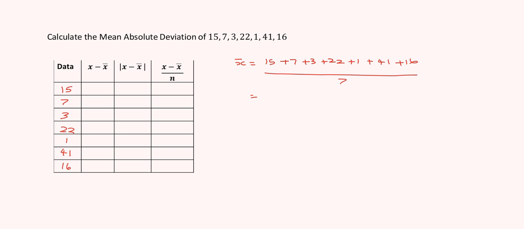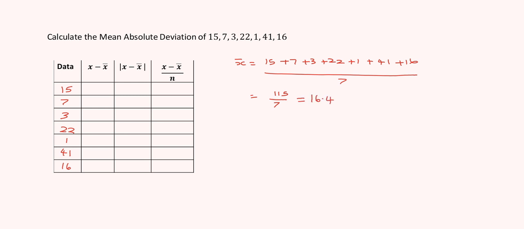So this is going to give us 15 plus 7, 22, plus 3, 25, plus 22, 47, plus 1, 48, plus 41, 89, plus 16 is 105, and then we divide that by 7. So this is going to give us approximately